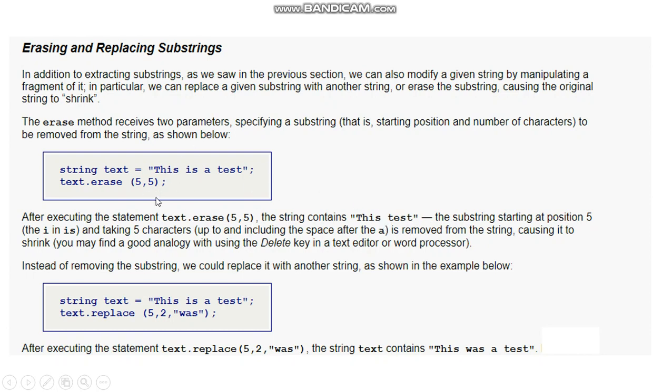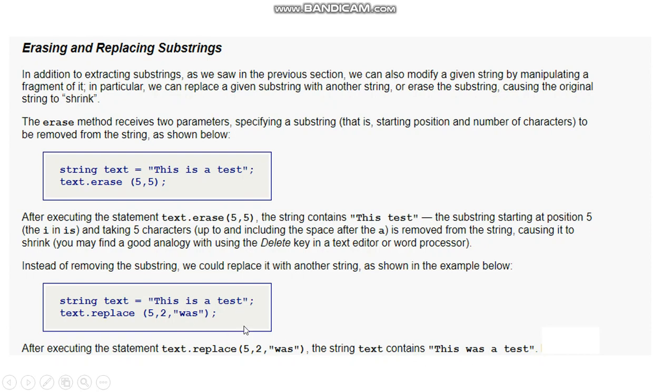Now we are going to replace that position by was. The text contains this is a text. We are going to replace from the 5th position, 0, 1, 2, 3, 4, 5. In the 5th position only I is removed and was is included, so the text can be replaced.